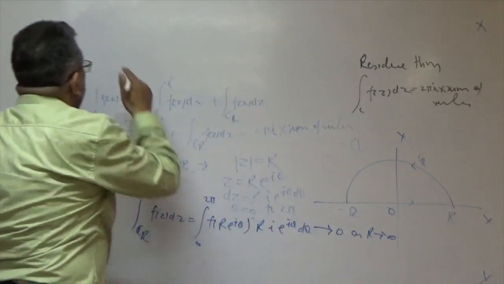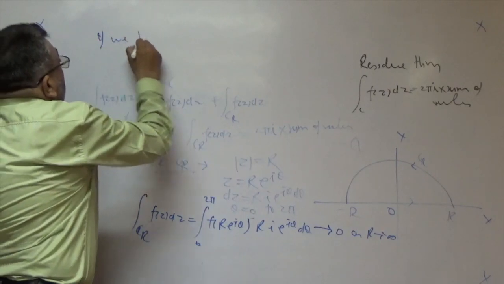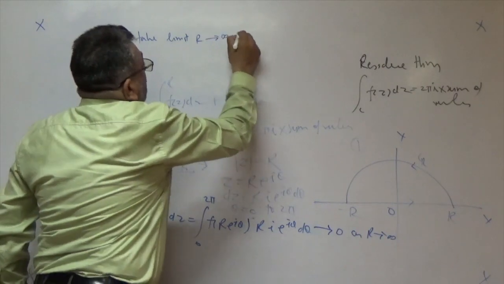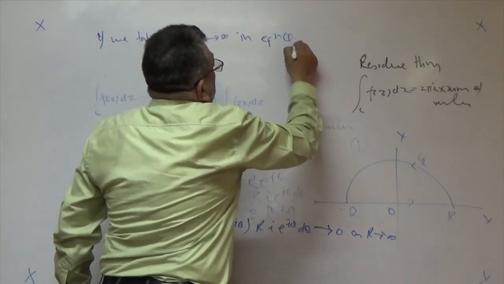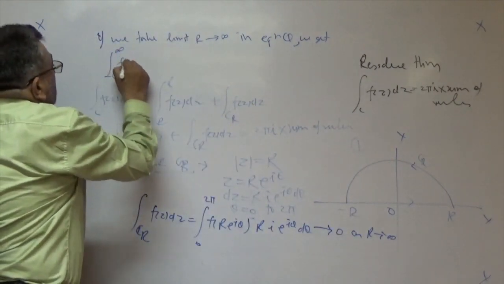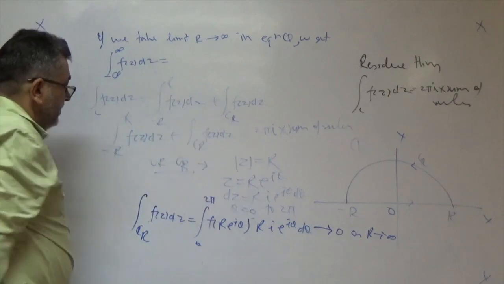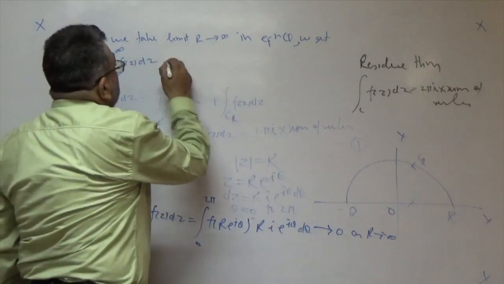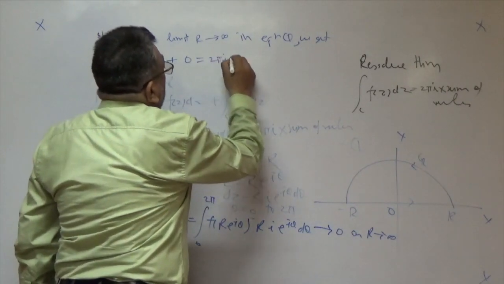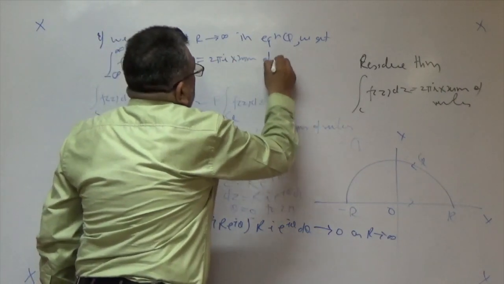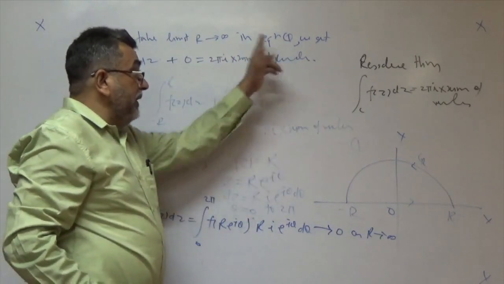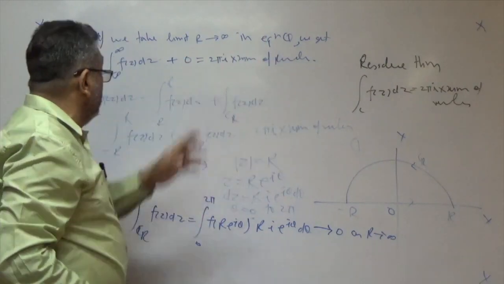If we take the limit R tending to infinity in equation 1, we get the integral from minus infinity to infinity of f(z) dz, plus this integral becomes 0, and the right hand side is 2πi into the sum of residues, right? This becomes 0, and now calculate the poles and then the residue values, and then we get the